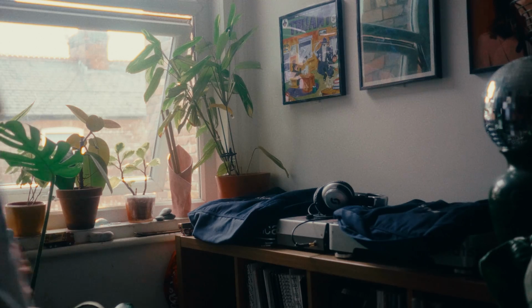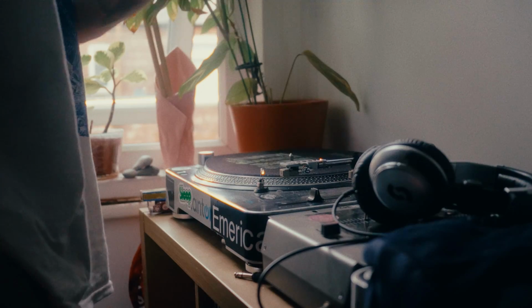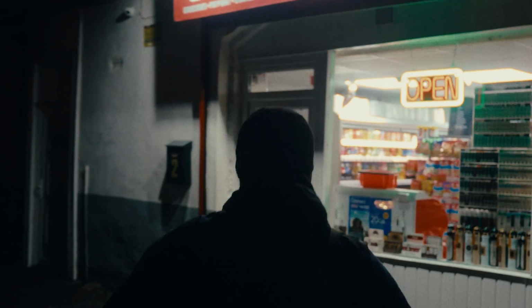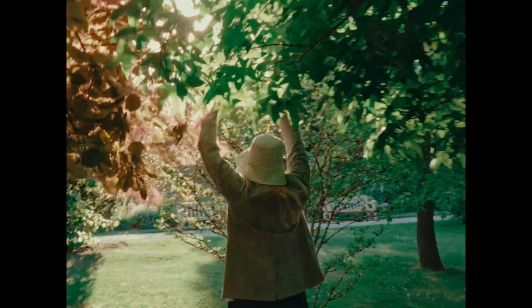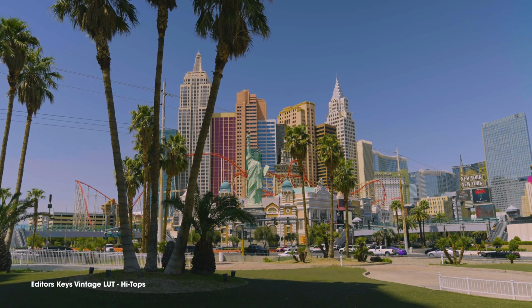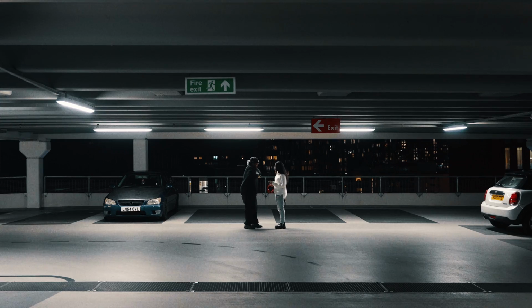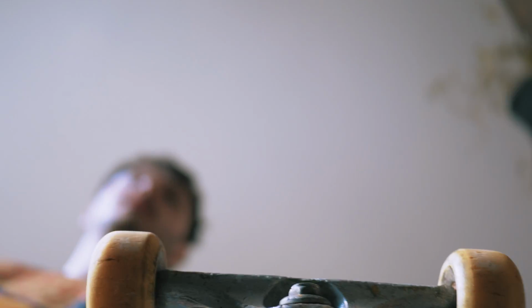Now, let's talk about camera movement or non-movement. It can make a world of difference to your scenes, from a static tripod shot to a handheld or a gimbal shot. Now, I'm a big fan of handheld and static shots. Handheld can add an emotional depth to your shots, whilst static shots are perfect for establishing a location or focusing on a specific subject. So rather than going for a smooth gimbal shot just because they look kind of cool,